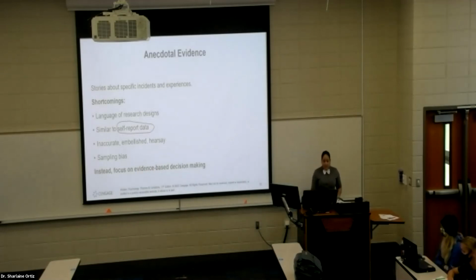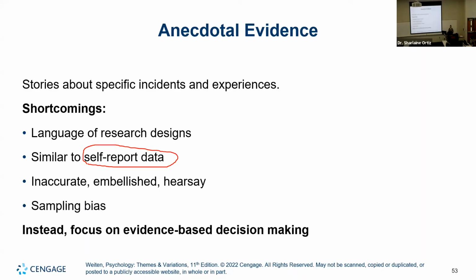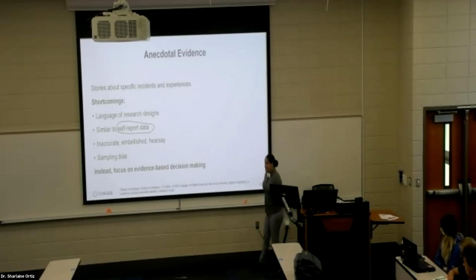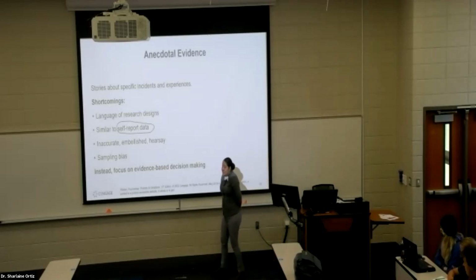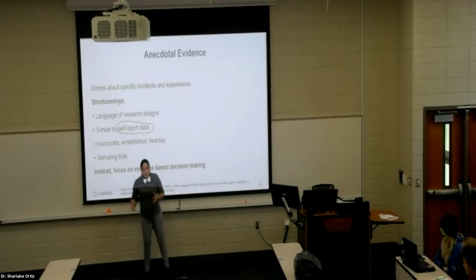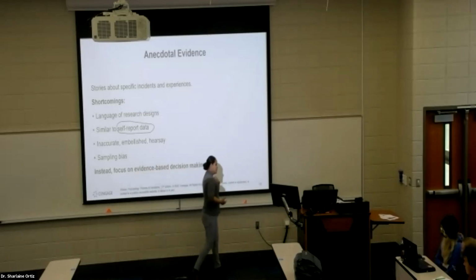The other problem is that it could be inaccurate. It could be embellished. It could be hearsay, right? Somebody tells you, oh, you know, Peter dated this lady and this lady was awful. What evidence do you have that she's awful? What Petey said, right? Well, we know that Petey has a vested interest because he doesn't want to sound like a big old jerk. So we know that it could just simply be hearsay.